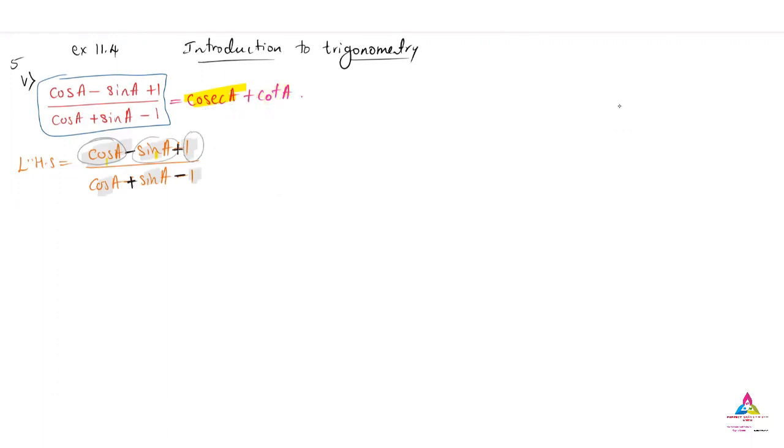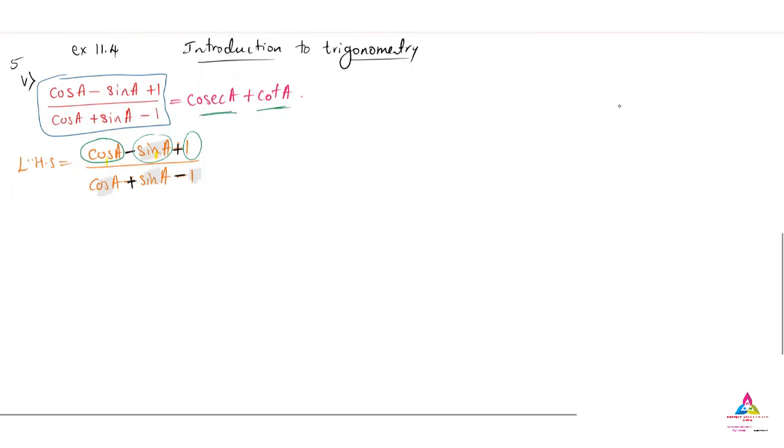Divided by sin A. Yes, we have to divide by something so that all these terms will equal what we require. So what do we divide by? By sin A, because if we divide cos A by sin A, we get cos by sin, which is cot. Sin by sin will be 1, no problem. 1 divided by sin A will be cosecant. So everywhere we have to divide by sin.